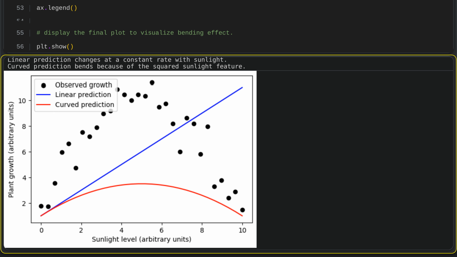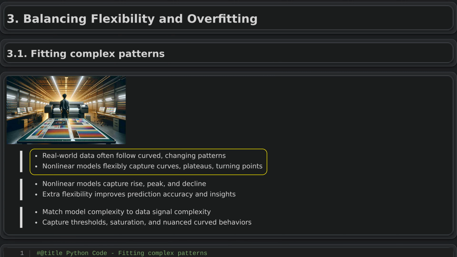Balancing flexibility and overfitting, fitting complex patterns. Nonlinear models let us fit complex, curved patterns in data instead of forcing everything into straight lines. Many real processes, such as changes in drug concentration or how learning develops, naturally bend, level off, or have turning points. By using tools like polynomial terms or splines, these models can follow those curves and plateaus more closely. This makes predictions better aligned with how the underlying process actually behaves and avoids misleadingly simple, linear interpretations